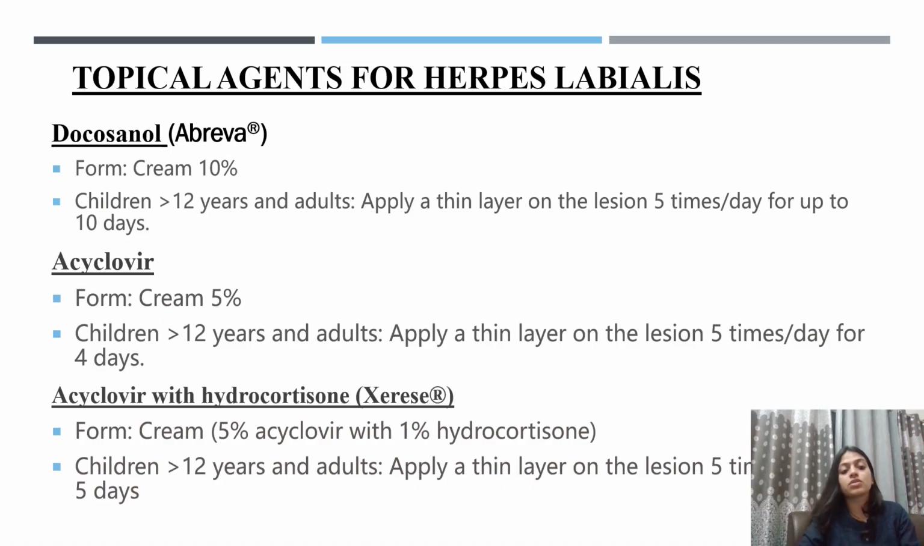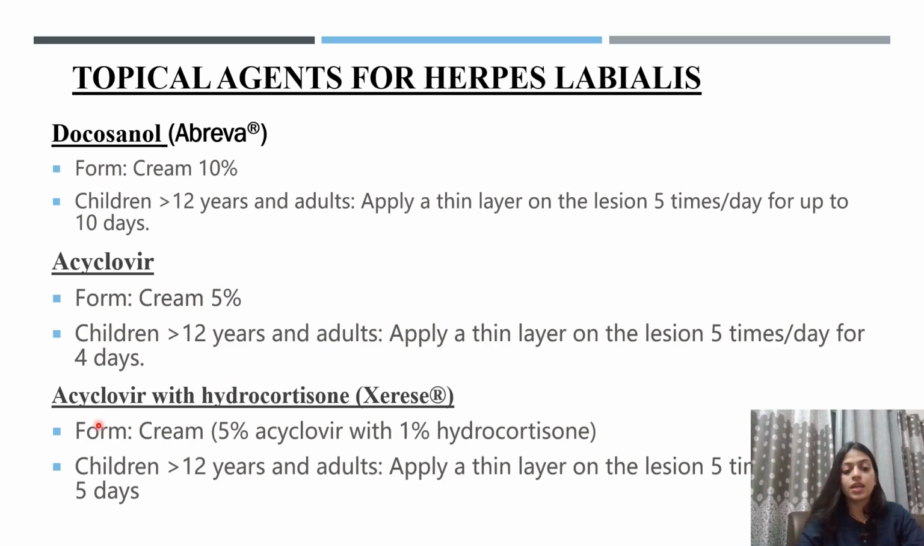In this there is docosanol, which is a type of alcohol. It's available in cream form, 10%. Children more than 12 years and adults, you can apply a thin layer on the lesion 5 times a day up to 10 days. Acyclovir is also available in cream form, 5%. So children who are more than 12 years and adults, apply a thin layer on the lesion 5 times a